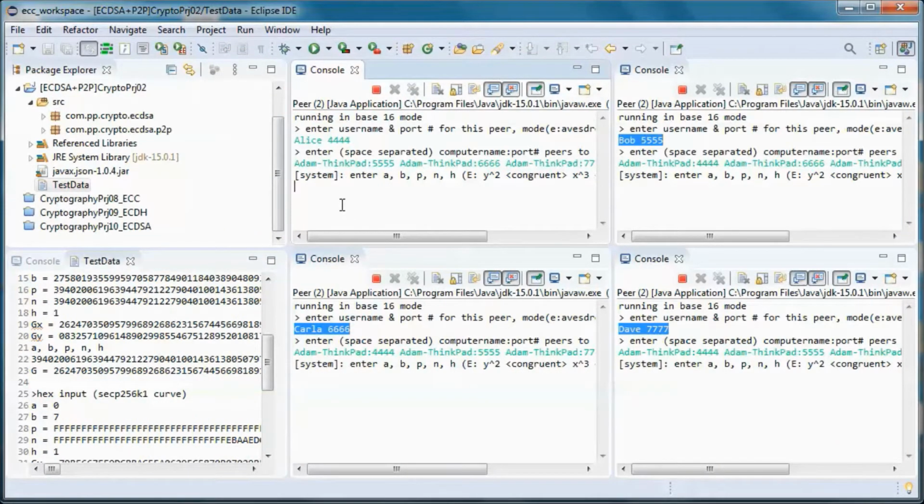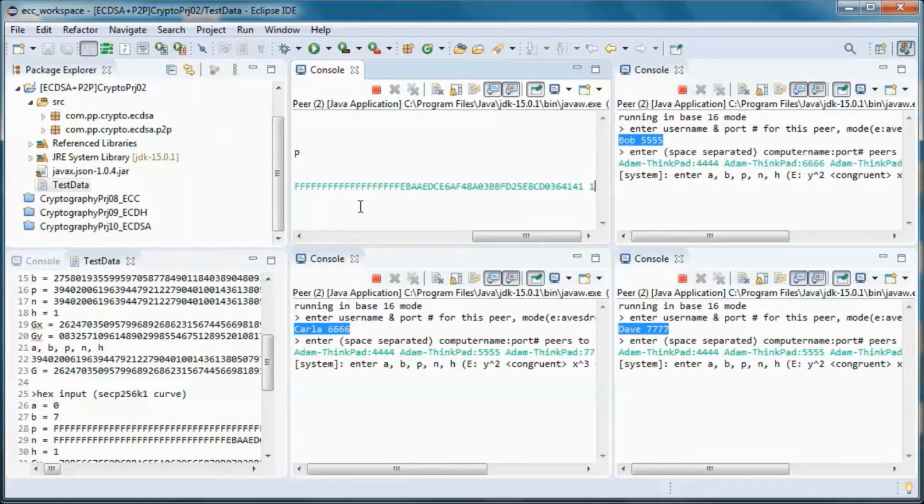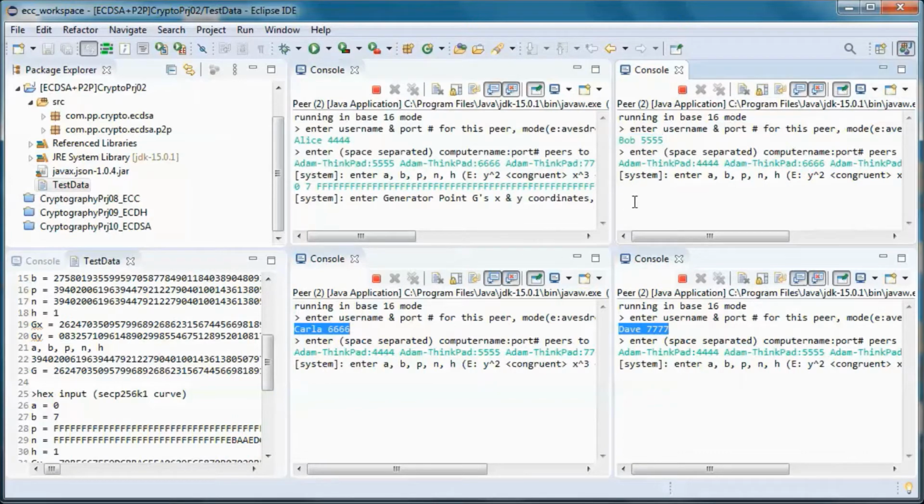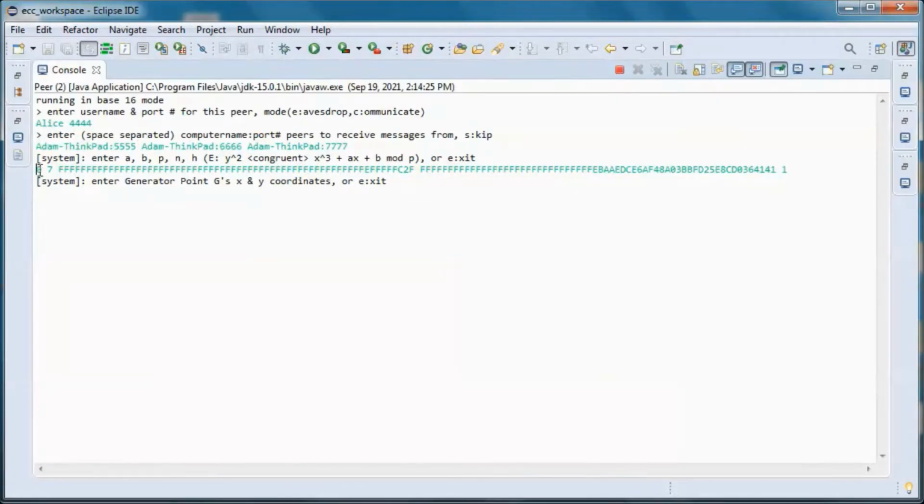And we'll have this peer and this one use this curve.